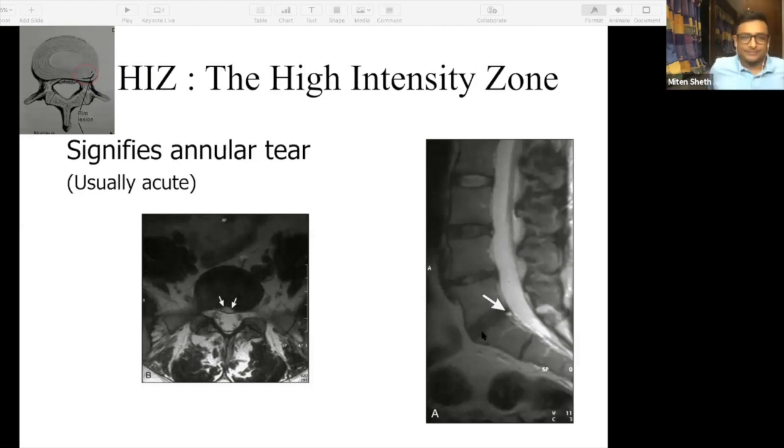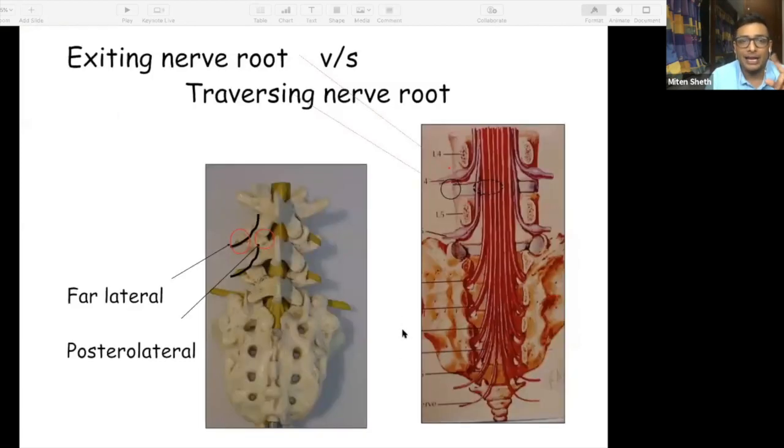Whenever you see an MRI like this, you have to be careful, because if you are doing range of motion exercises for the patient when the spasms are there, the entire disc might herniate out through this annular tear. So this is the MRI of a discogenic back pain.